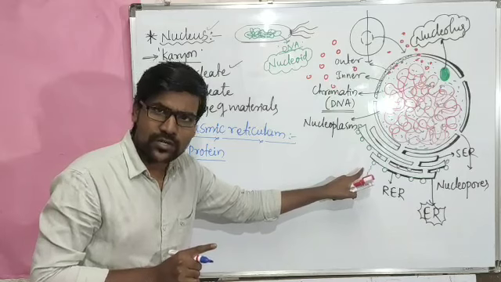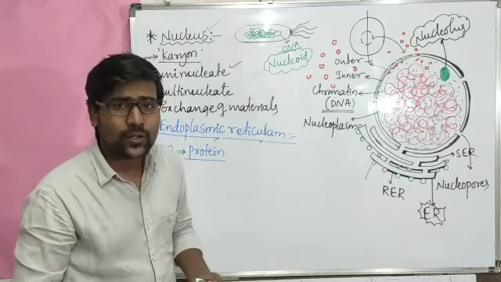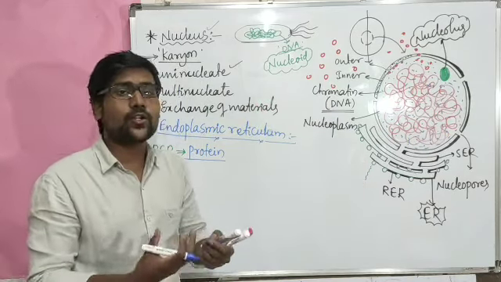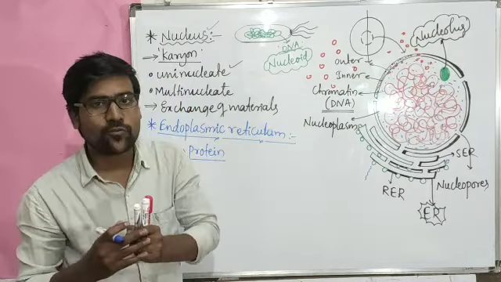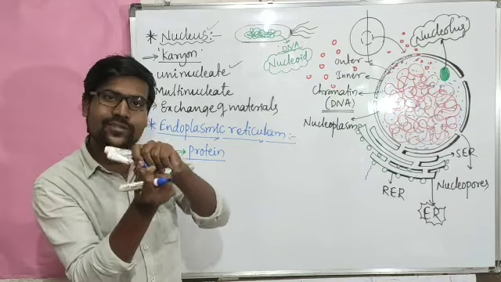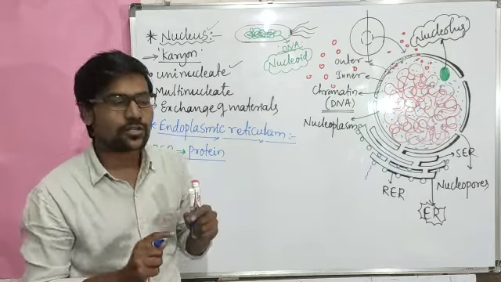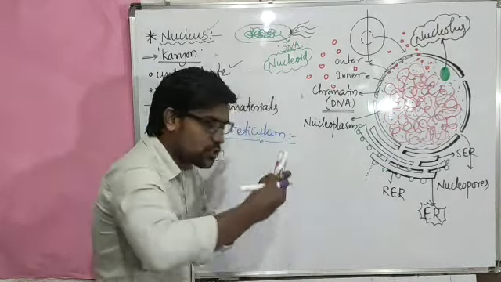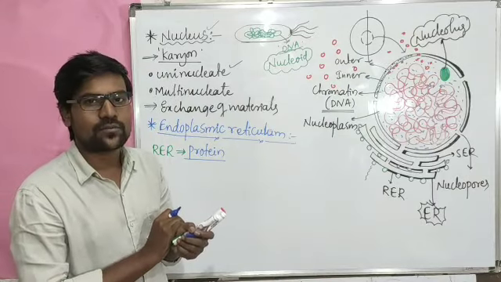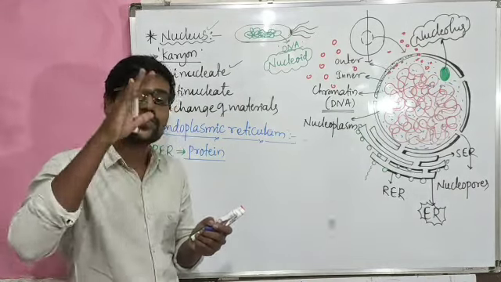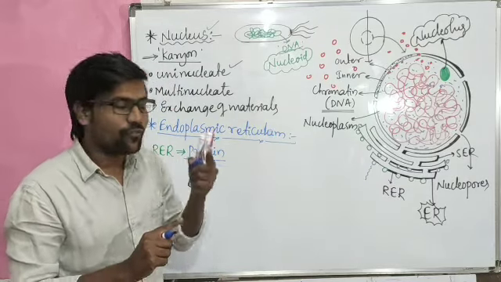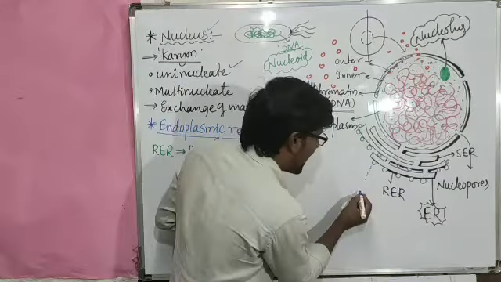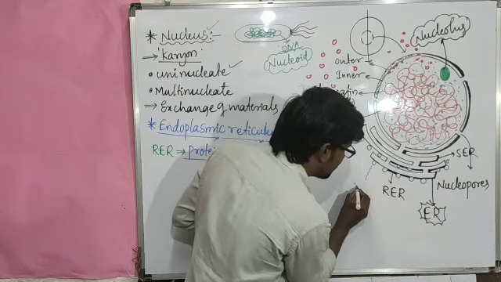Now the protein is produced, of course, but the protein is not active. So in order to activate that protein, in order to convert the inactive form of protein into the active form, we have to fold that chain in a specific dimension. So this chain should be folded in a specific dimension. When it is folded in a specific dimension, then only it becomes an active protein. To perform that, here we have another structure.